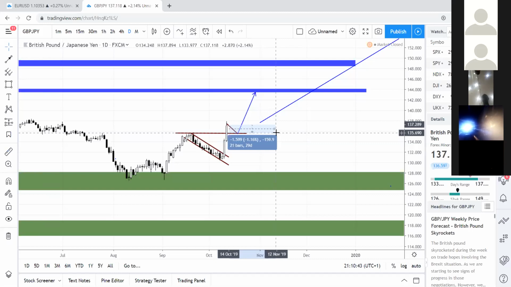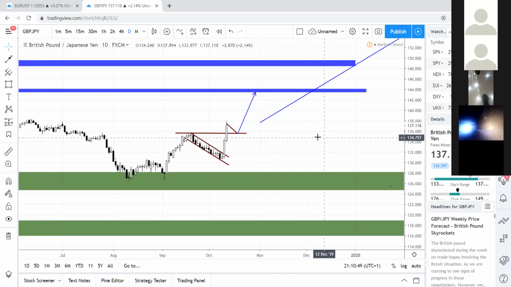All right. Because you know that GBP JPY is in an uptrend doesn't mean that you should just buy anyhow. You will always wait for a pullback, a retest. If you look at this,